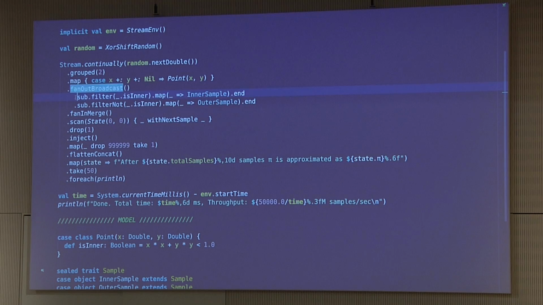So here, this is the first branch, and that's the second branch that we've seen. And here we say, OK, now we want to merge that. We scan, we drop, we inject. That's exactly as it was just on the chart. So that's the nice thing. We can draw the logic on a whiteboard and then translate that into code almost one-to-one. And that's great. So we flatten concat, we map, we take 50 in this case, and then we for each